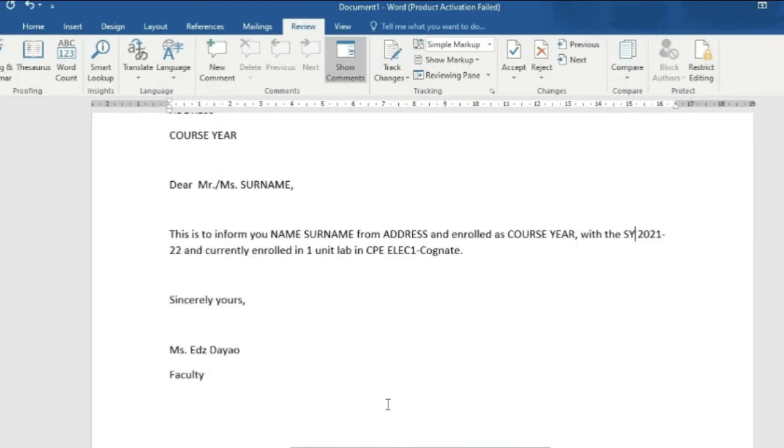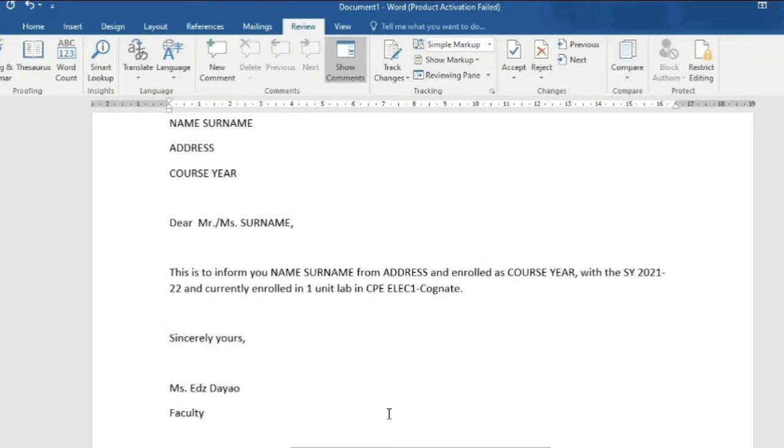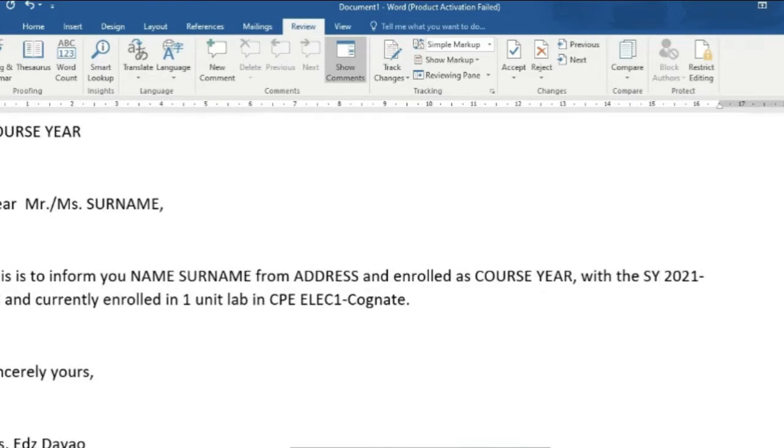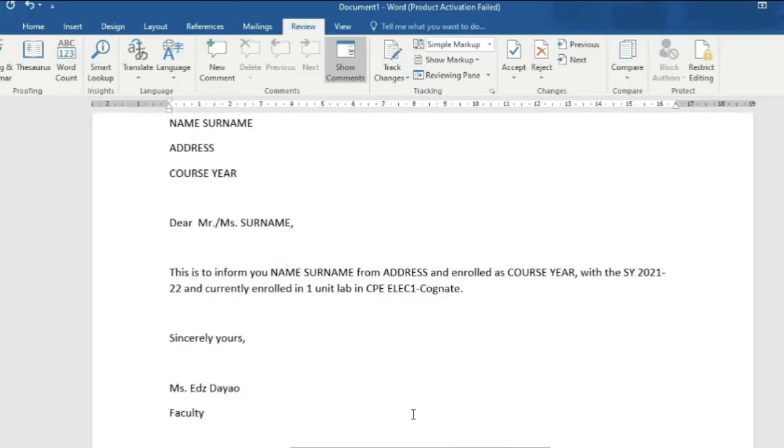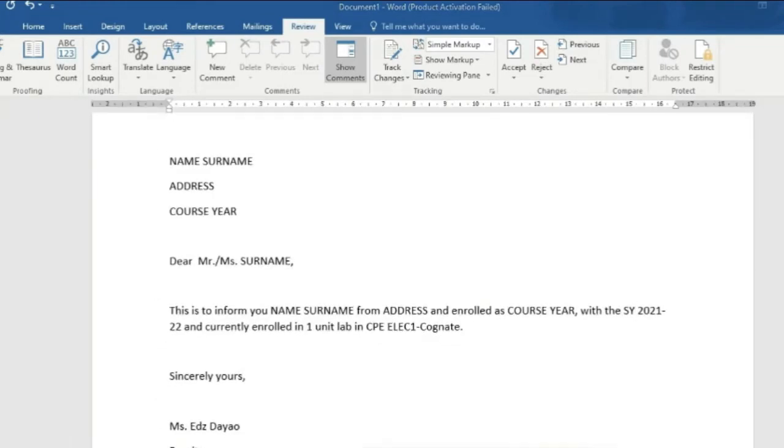So probably I now have my correct letter template. That is the first thing we must identify with the letter template: it must not comprise a red, blue, or green underline. Afterwards, a letter template must be in single space, especially for the letter header. Para sa single space, by the way, I am using Microsoft Office 2016, kasi iba ang pag-single space sa ibang version. If 2016 ang gamit mo, all you have to do is highlight the letter header,